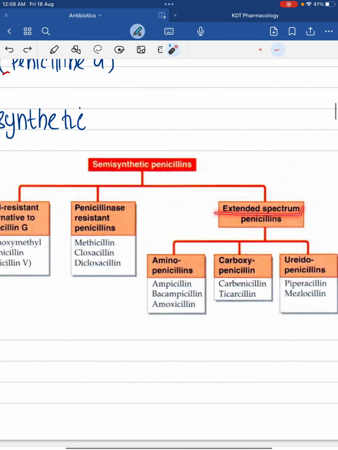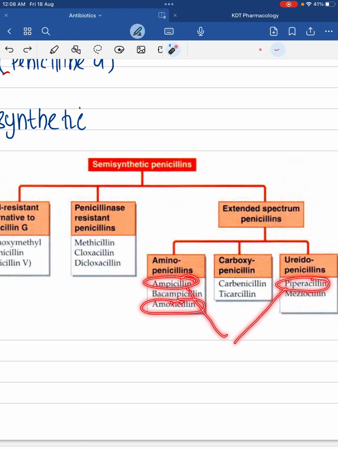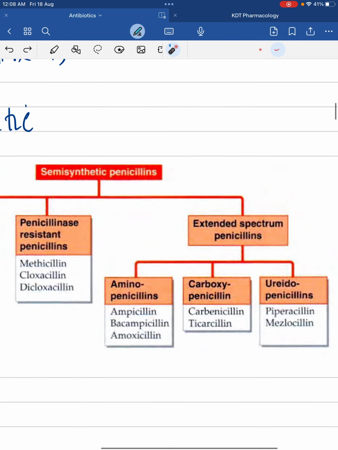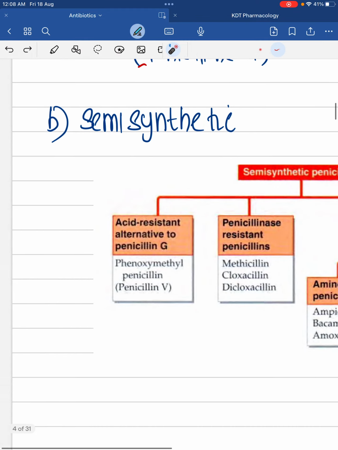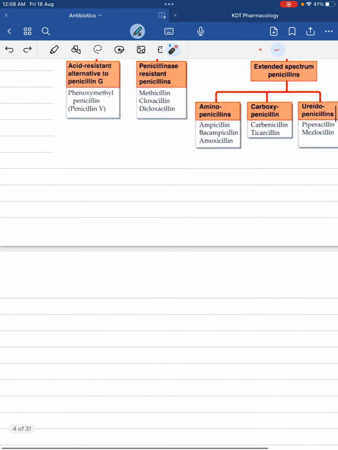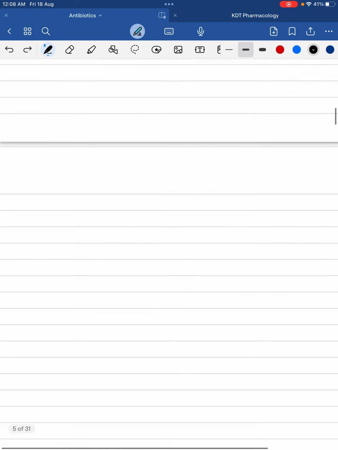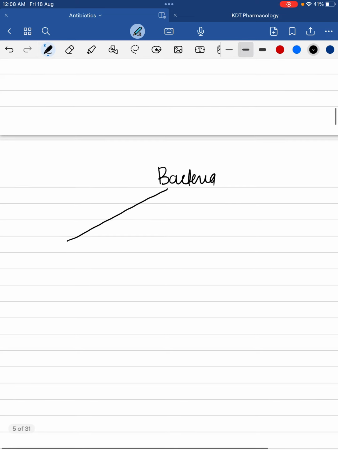What are the examples of extended spectrum penicillins? Aminopenicillin, ureidopenicillin, carboxypenicillin, of which we have to know ampicillin, amoxicillin and piperacillin, because these three we commonly use in our pediatric practice. So those are the extended spectrum penicillins. Now, after the introduction of these penicillins, the bacteria started producing some enzymes to inactivate the beta lactams,